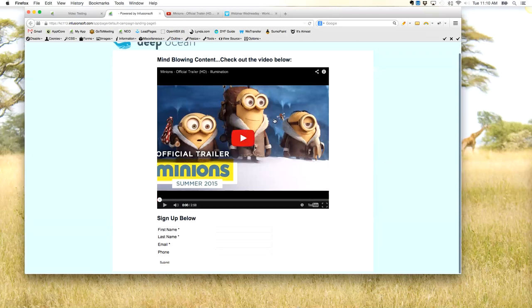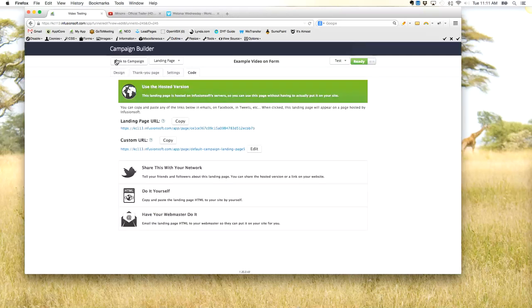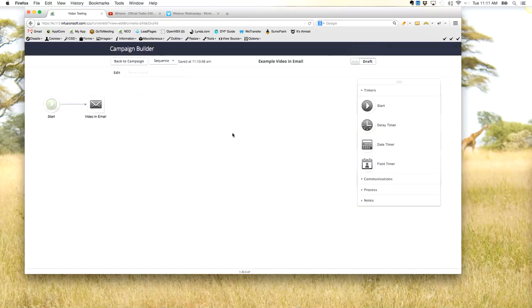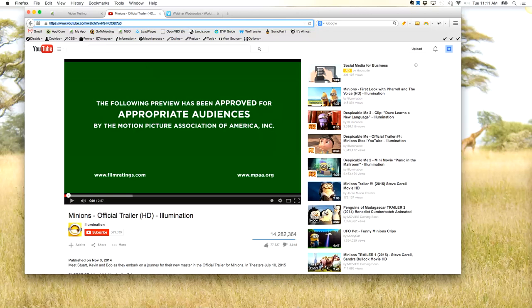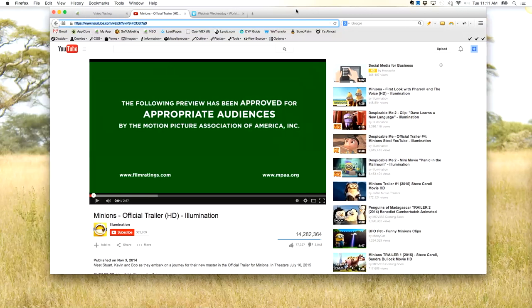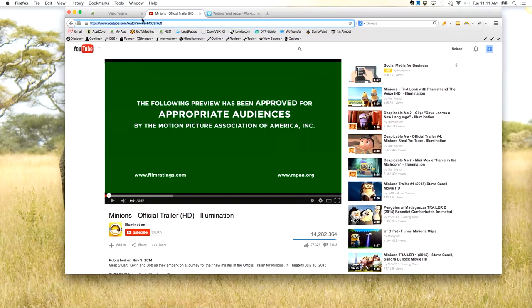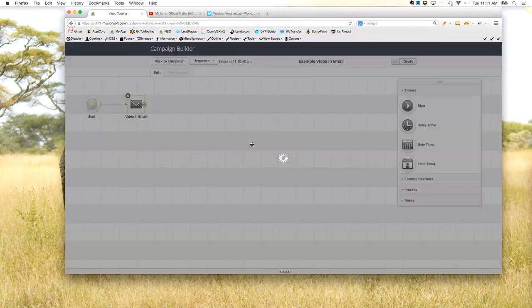So when you're embedding the videos onto forms, play button, player, everything is set up because again, you're pulling in the video player itself. However, if you do it on an email, the same is not true, because the web page itself renders the video player, and therefore you get your play buttons and everything from that. So if we do it in an email, however,